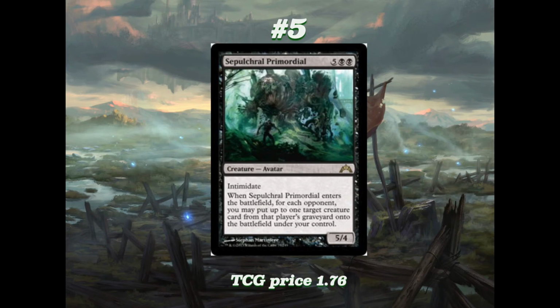Coming in number 5 is Separable Primordial. I'm not entirely sure if I pronounced that correctly, but he costs 5 colorless and 2 black. He is an Avatar. When he enters the battlefield, for each opponent, you may put up to 1 target creature card from that player's graveyard onto the battlefield under your control. He is a 5/4 with Intimidate, so he's a nice body, has a little evasion with Intimidate, but being able to put